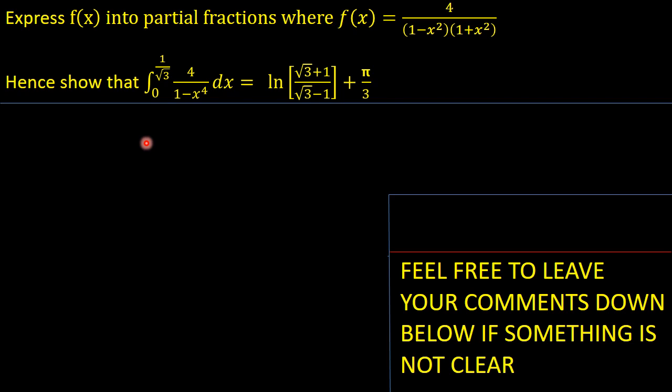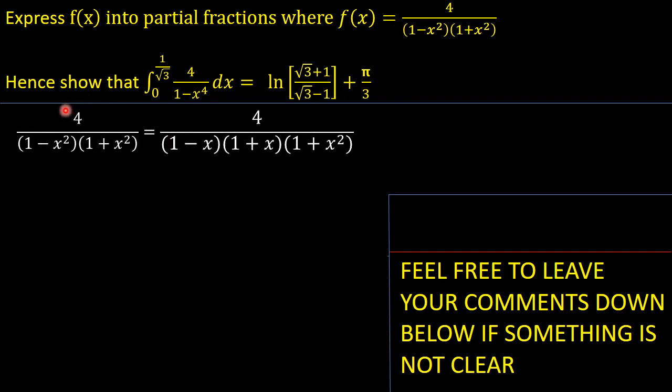Okay guys, let's start with the first part. Keep in mind that f of x is the same as 4 over (1 minus x squared) into (1 plus x squared). We see that 1 minus x squared is quadratic, but it is still factorable. We can factor it out. Then 1 plus x squared is quadratic, but it is not factorable. We cannot factor it out with real numbers conveniently. So in this case, guys,